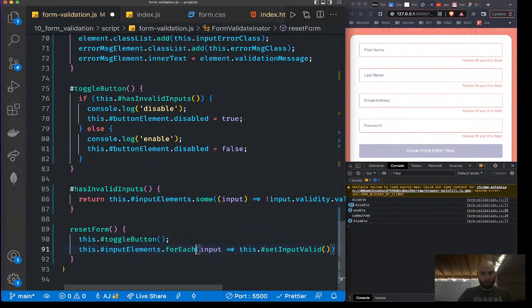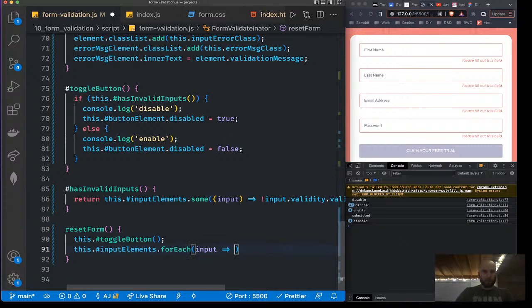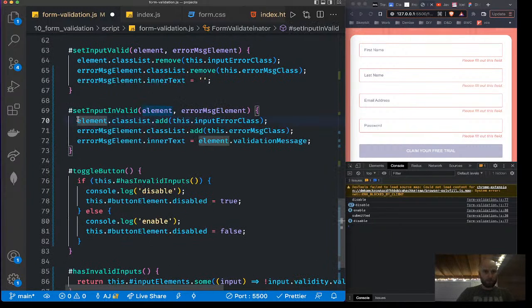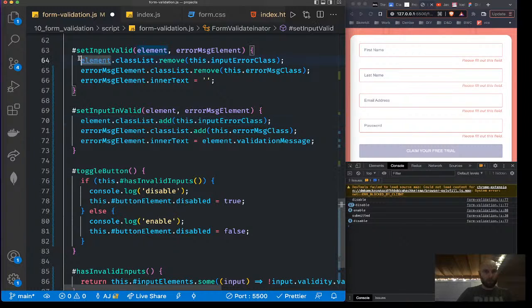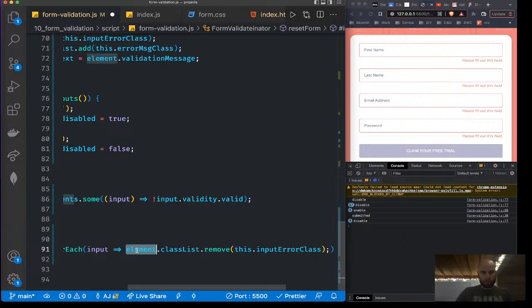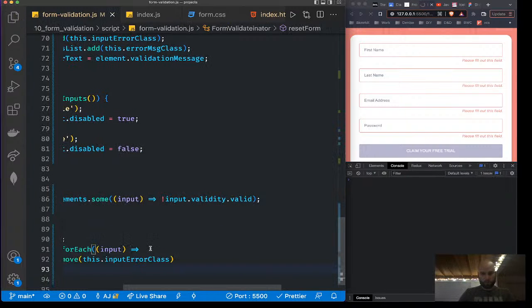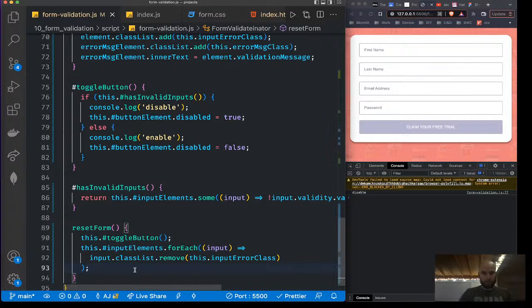So we do for each input and then just pull this, remove here, which is going to be on input instead of on element. Okay, and then we would also want to